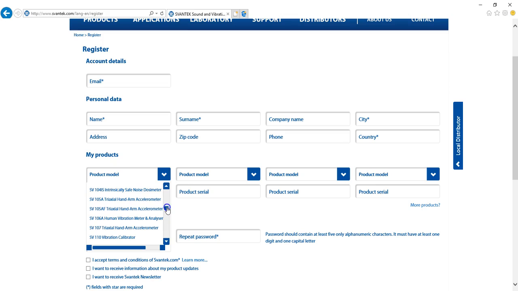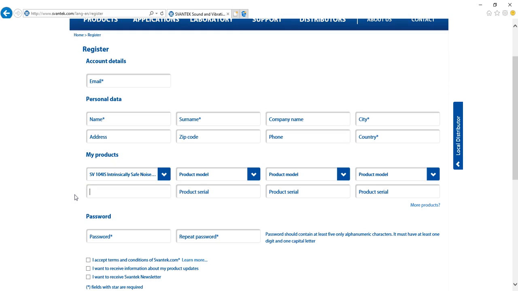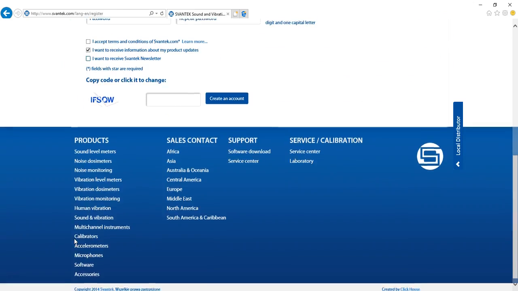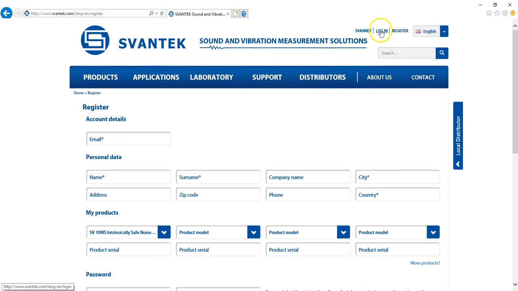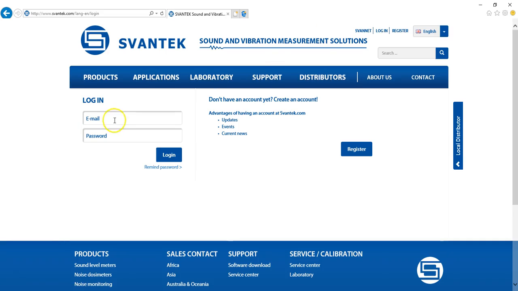For example, if your instrument just happens to be an SV104IS, if you put in your serial number. And the reason for this is that it gives us the possibility of sending you information, updates, and also keeping you informed about new product releases and so on. Of course, you can choose not to receive spam, etc. By selecting things down here, and also whether or not you want to receive the SvanTech newsletter, which is sent out regularly. But since I already have a login, I will log in, and let's just put in my login